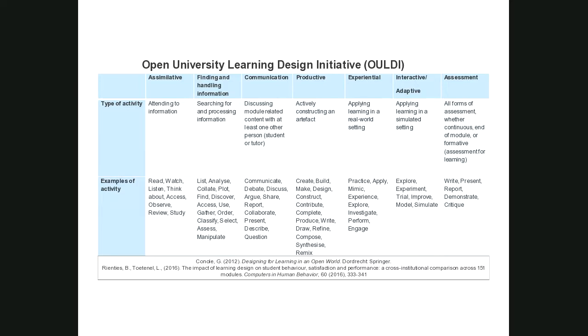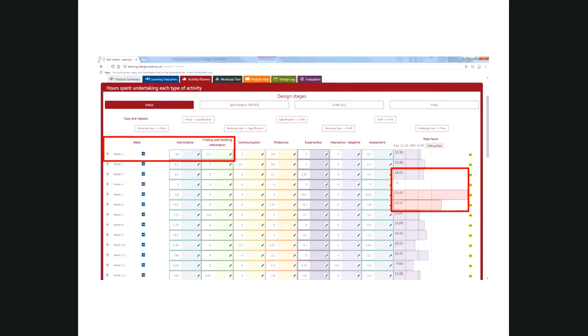And the middle part is more student-empowered activities like finding information, communication, productive, experiential, and interactive. So to give you a concrete example of what our teachers are designing, and this will look again quite small, so I do apologize for this. You might have to zoom into this. So this is a computer course. I'm going to zoom in myself as well.